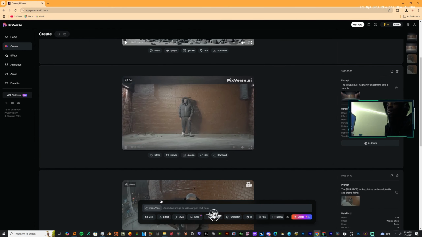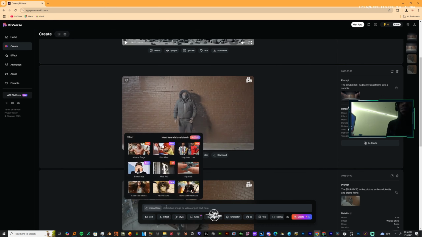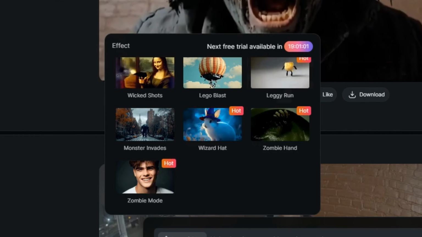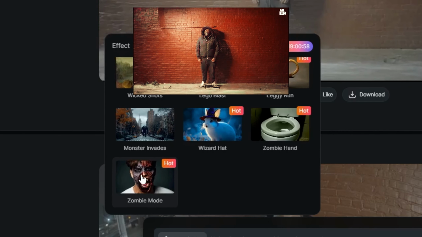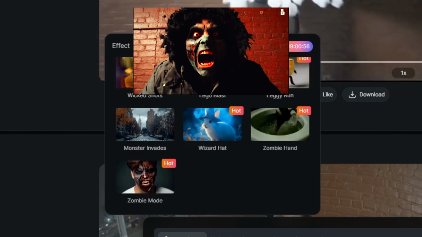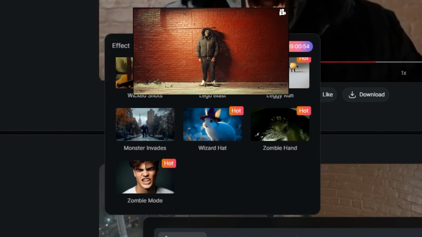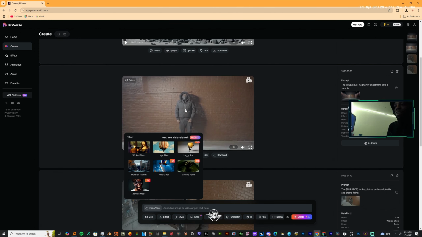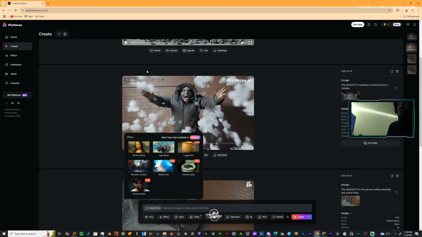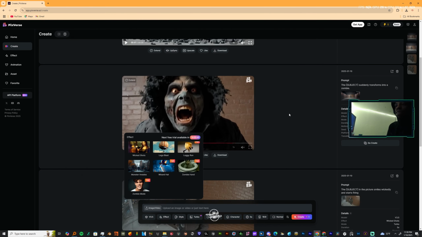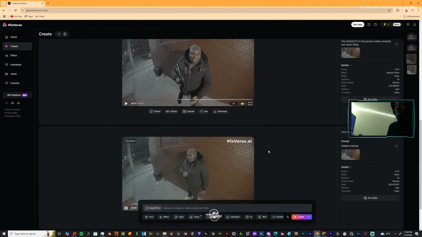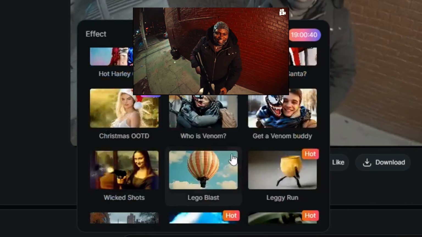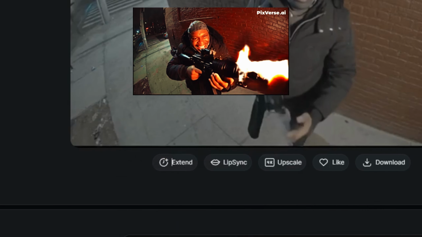But as you can see, I use some other effects in here. If you click effect, you could choose one of these little presets. This one that I use right here, I chose zombie mode, and then it just gave me this. I feel like if I added some more words into the prompt, I probably could get rid of the smoke that it's giving, because I really do not like that smoke. That smoke is so ugly. But I also got this one from using this effect right here, the wicked shots. And if you see,